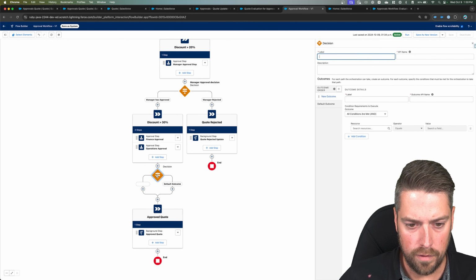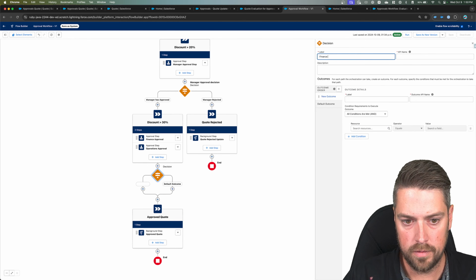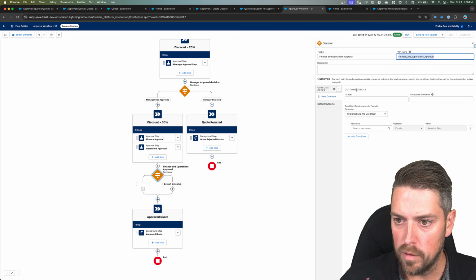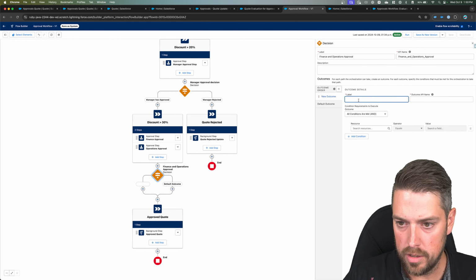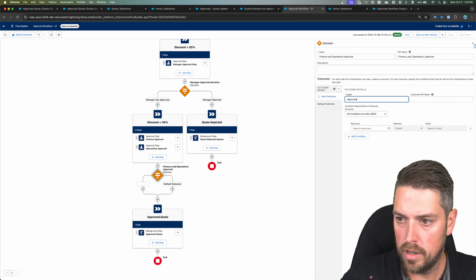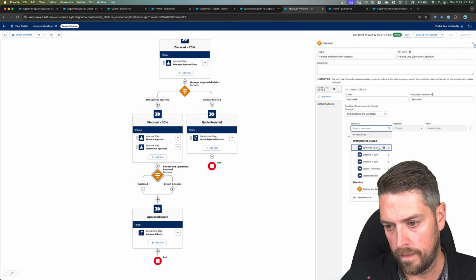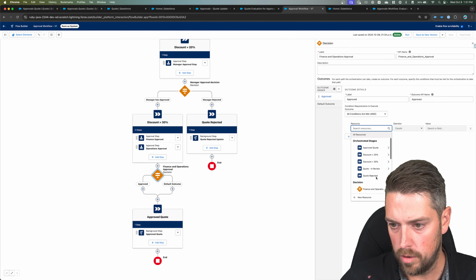All right, so the final decision you want to do is make sure you've got approval from both finance and operations. All right, so is it approved? So to be approved, you want to go in your